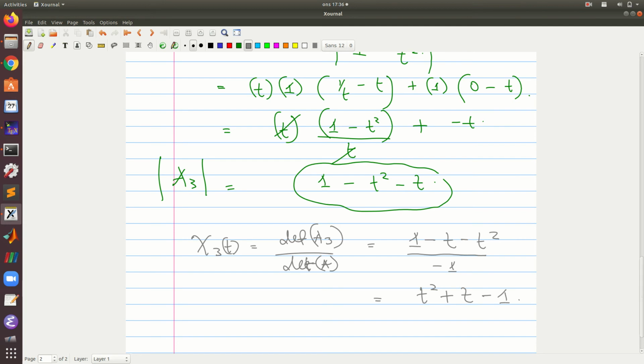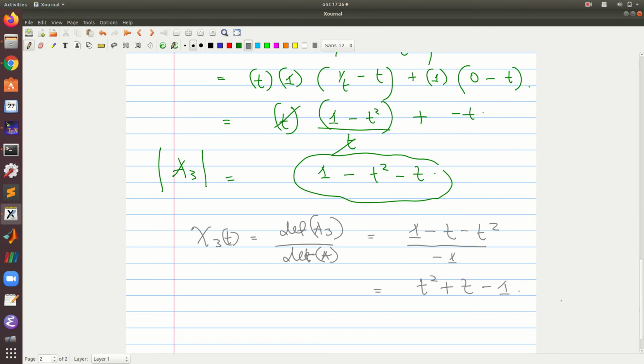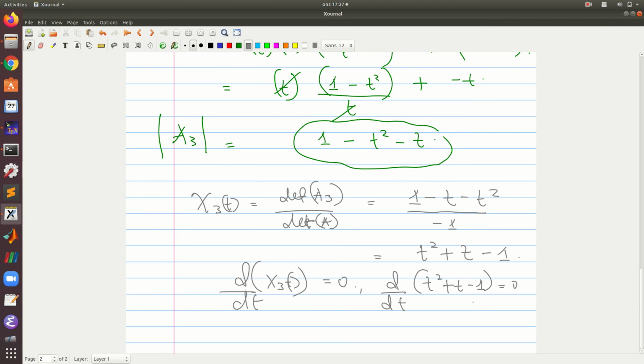Okay, so when they say we want to find the value for which x3 of t is minimized, of course they want you to find the value of t for which this is equal to 0, and I know you can be able to find this out. Plus t minus 1 equals 0, for which of course we see that 2t plus 1 is equal to 0, and therefore x3 of t is minimized at the value -1/2. Okay, so yeah,